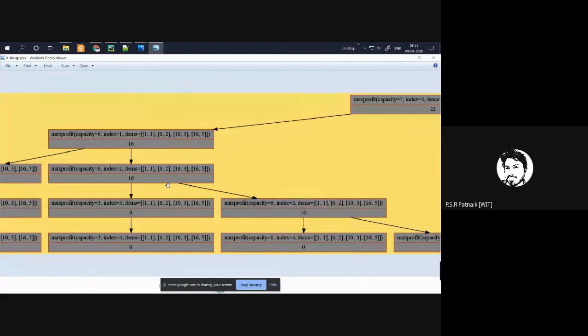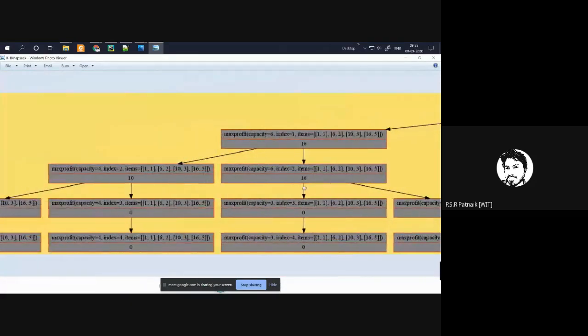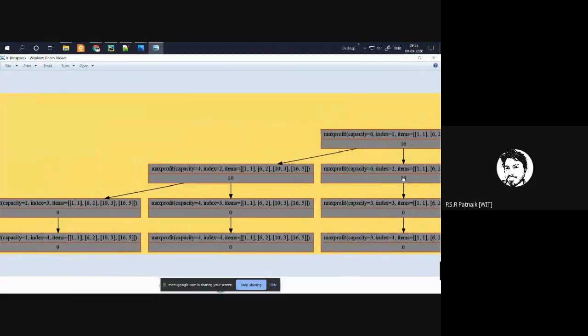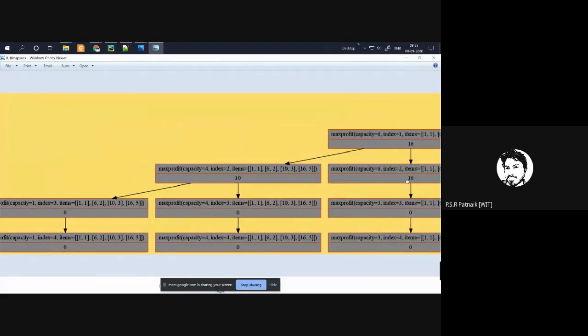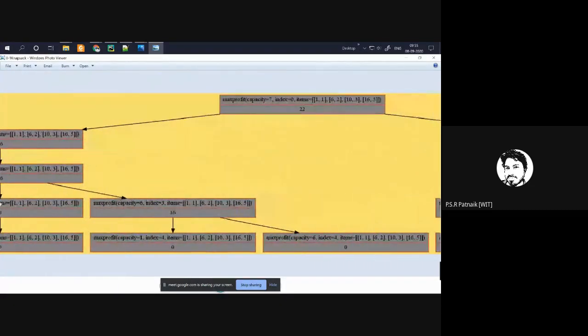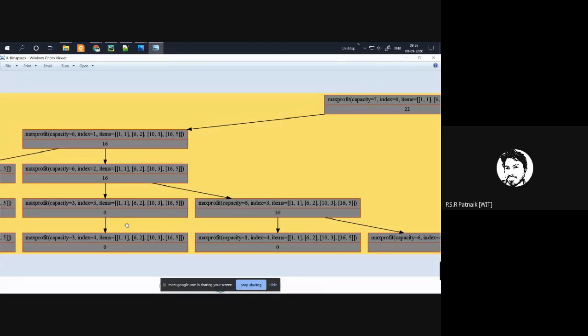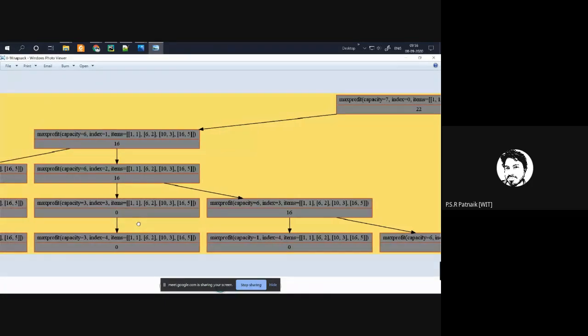So this was the recursion tree we computed last time. Now tell me, do you find something redundant? Is there something which is being called for the same set of arguments? See, when I say redundant, the arguments have to be the same, but with multiple calls to that method.